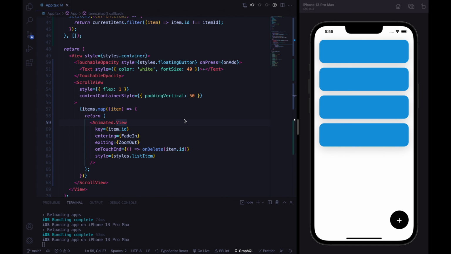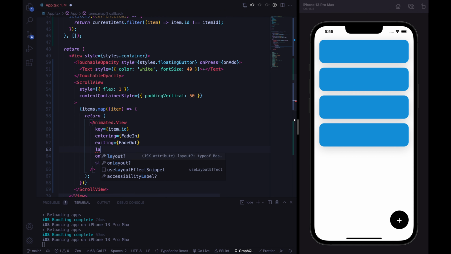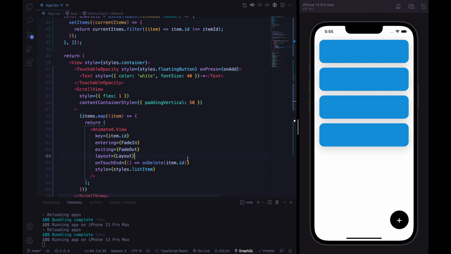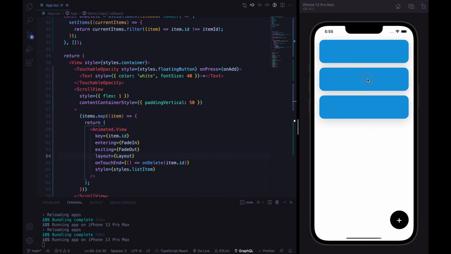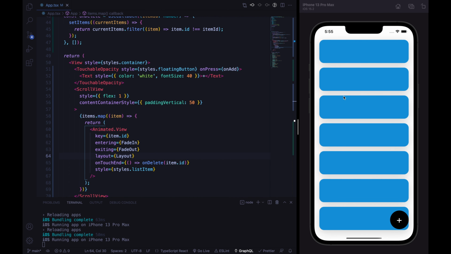Of course, it is a little bit glitched, but we can fix this issue, and it is quite easy. We just need to specify the layout property. So here, let's import the layout from React Native Reanimated, and let's render. Here we can see that the animation is working